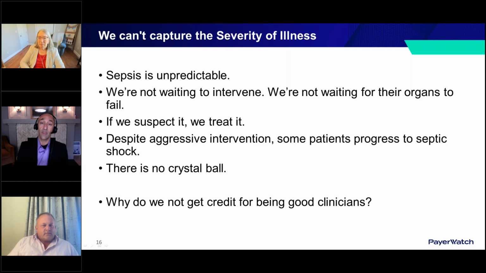You're exactly right. If somebody who normally walks around with a pressure of 180 comes in with a pressure of 90, that patient is probably in shock for that patient. Even if they have a lactic acid of 5.8, which in the new definition is not septic shock, but really somebody who comes in with pneumonia, and they're not hypotensive, but their lactic acid is 6, and then it goes up to 9, then it goes to 12, and they're normotensive the entire time, that patient clearly is hypoperfusing, right? So